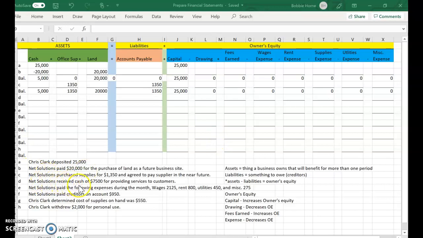Net Solutions received cash of $7,500 for providing services to customers. So we know that we are receiving cash, and cash is increasing by $7,500. So we know that that is going to make our cash account go up. And then I'm going to go ahead and bring these down. And I'm just going to copy the number, bring the balance down if it's